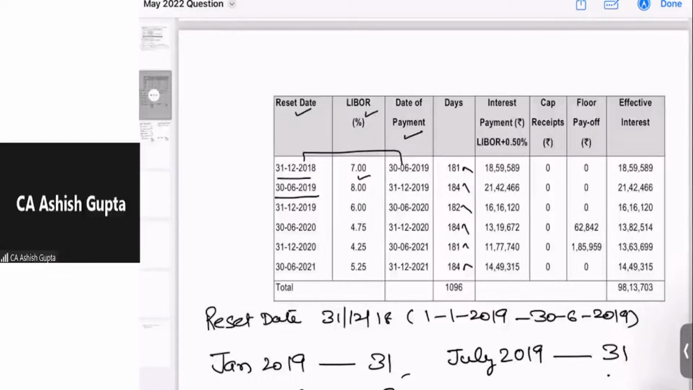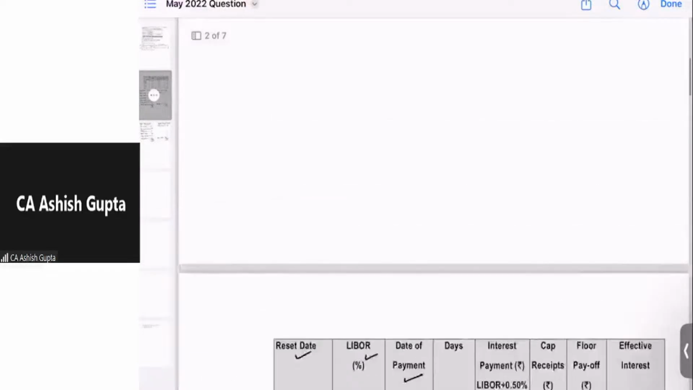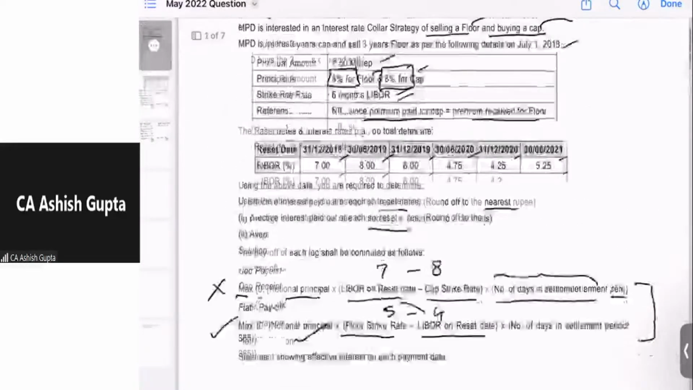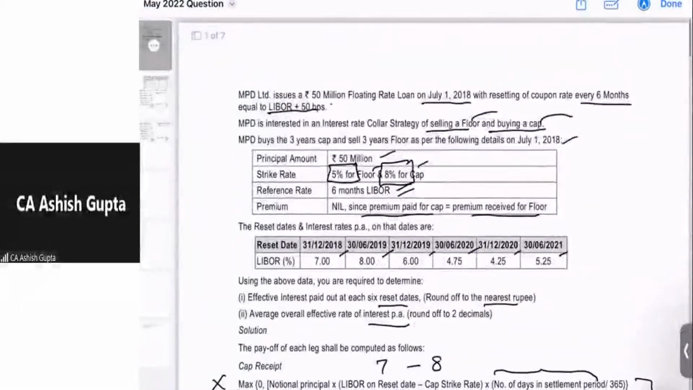Now, the next column is our interest payment. Students, see, if we read the question, it says he has issued the 50 million floating rate bond in July 2000, resetting the coupon every 6 months equal to LIBOR plus 50 basis points. It means LIBOR plus 0.5%. So this much interest it has to pay anyway, whatever be the cap option or